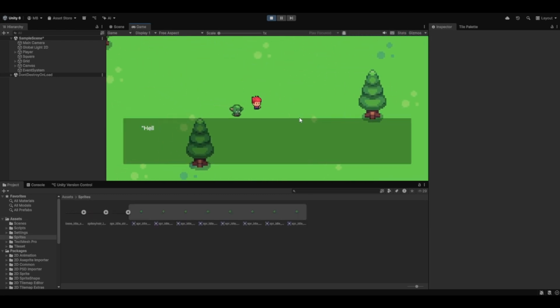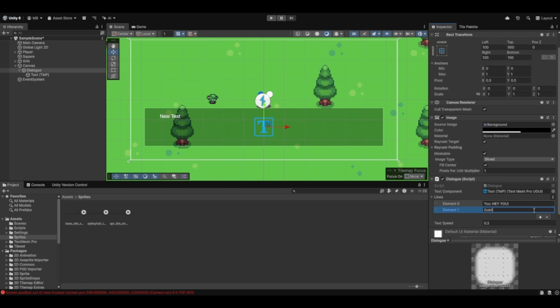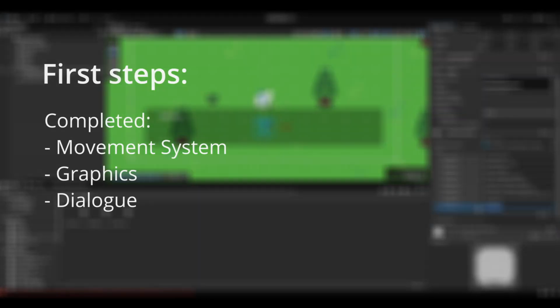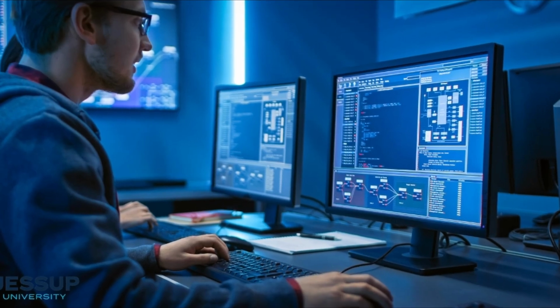To finish it off, I added a goblin sprite to the game and did the dialogue. And with that my work here is done. I finished making my first game on Unity. It was both fun and frustrating. Having to code is a great experience, and you should definitely try it at some point.